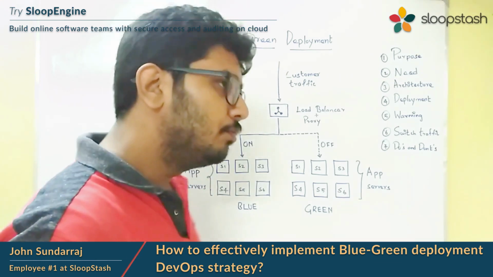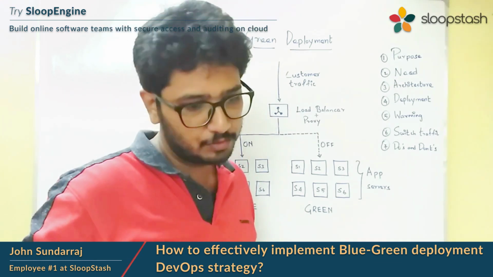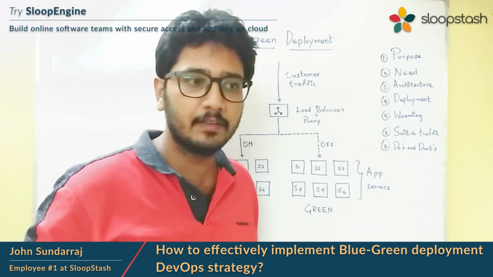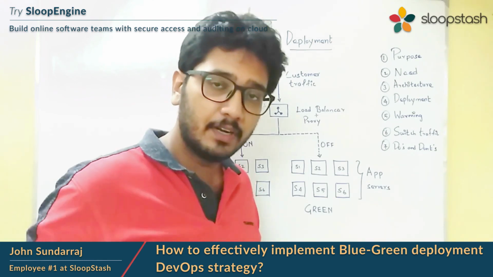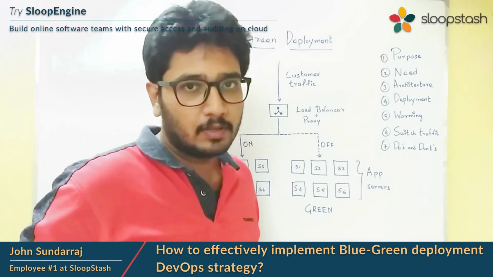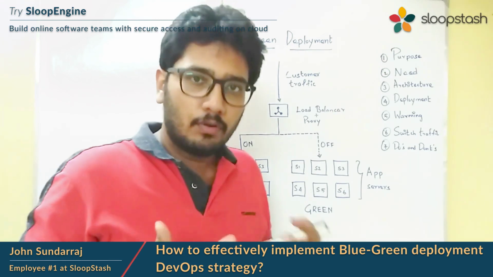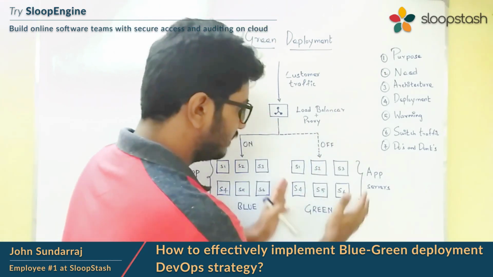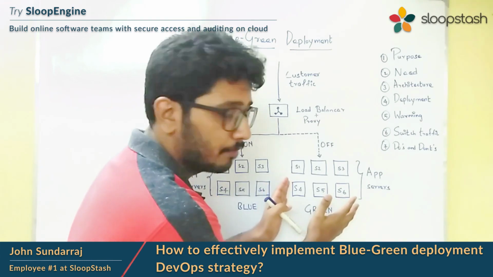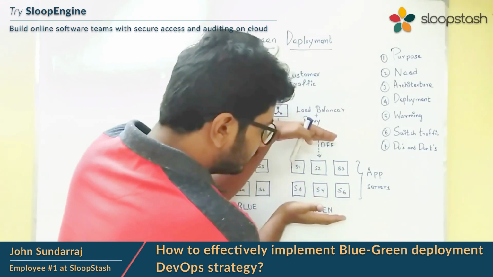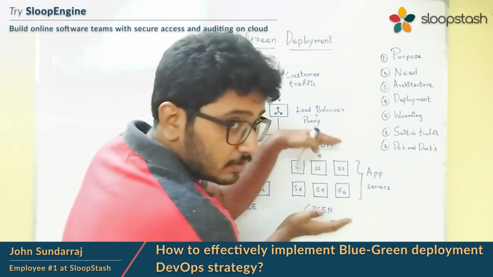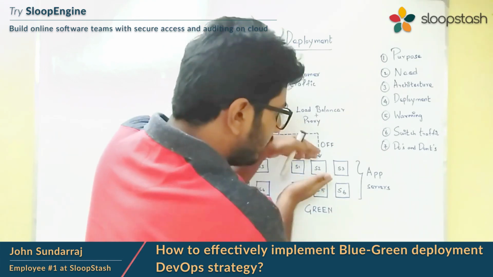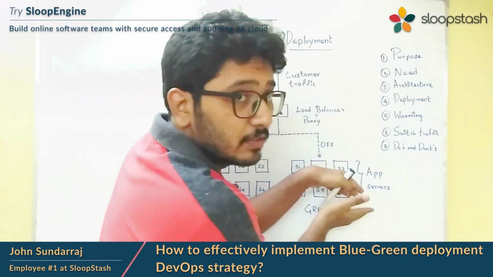When we are going to do the code deployment, usually companies do deployments every week, some companies every 3 days, some companies every day. It depends upon the company. So when we are going to do a source code deployment, what we need to do is, these are all the passive servers according to our diagram. We need to first turn on these green fleet servers, and once the servers are turned on, we need to deploy the source code on each and every single server.